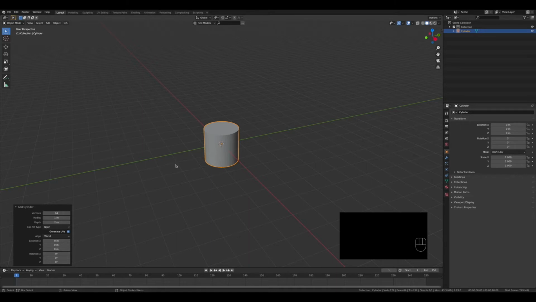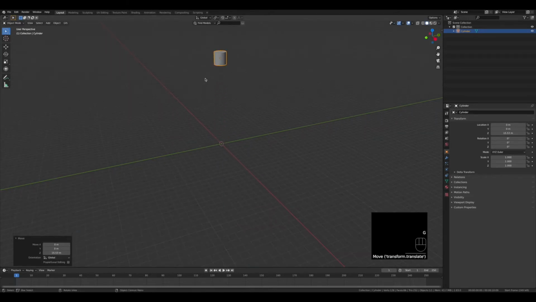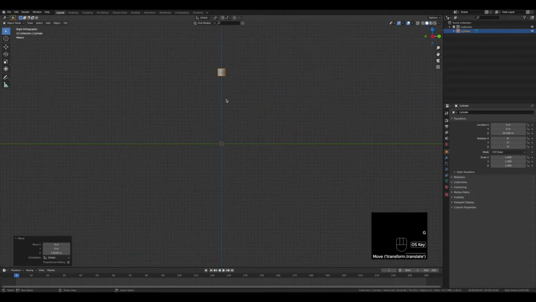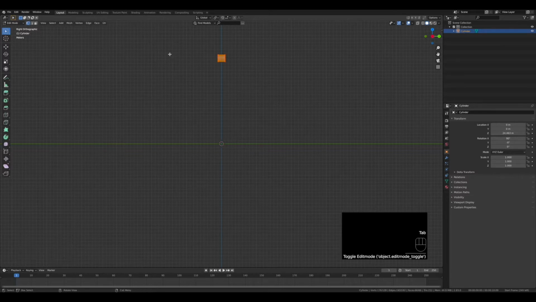up to 64. Gives us a nice and smooth cylinder, and now we grab it on the Z axis and bring it up. So hit G, Z, and just bring it up. So we want to rotate it now, so press R and then rotate it on the X axis by 90 degrees. Then enter the edit mode by hitting Tab, and then we are going to select all the vertices on